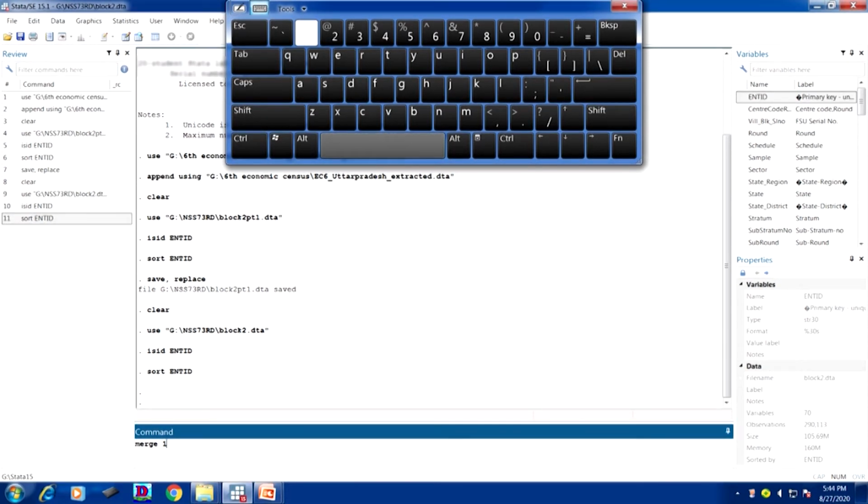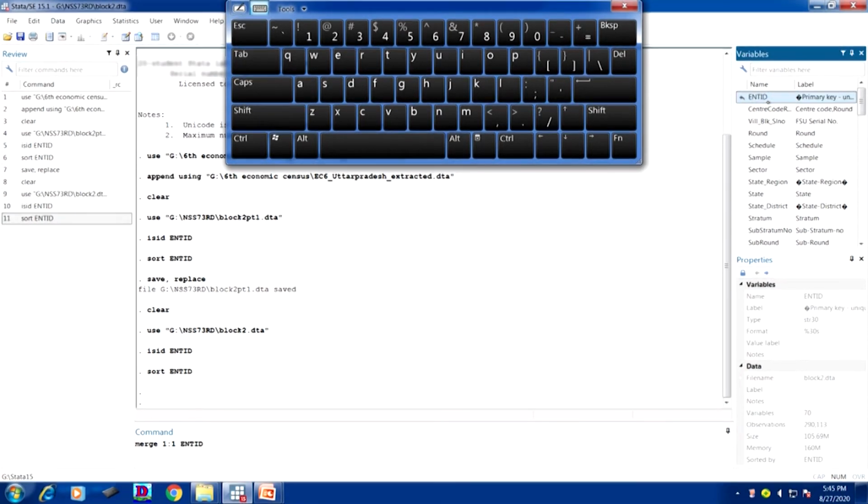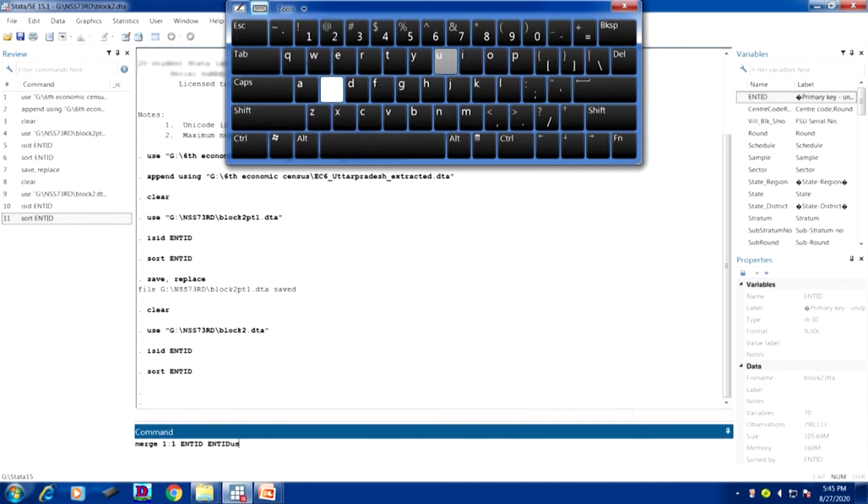What is that? 1:1. Okay. Now, what is to be merged? That is your unique ID variable. The rest of the variables will automatically be in order as per the unique ID. So, you need to define the unique ID here, all right. Here the unique ID is your ENTID, all right. Now, then using, just a minute, okay, you need to give a space,